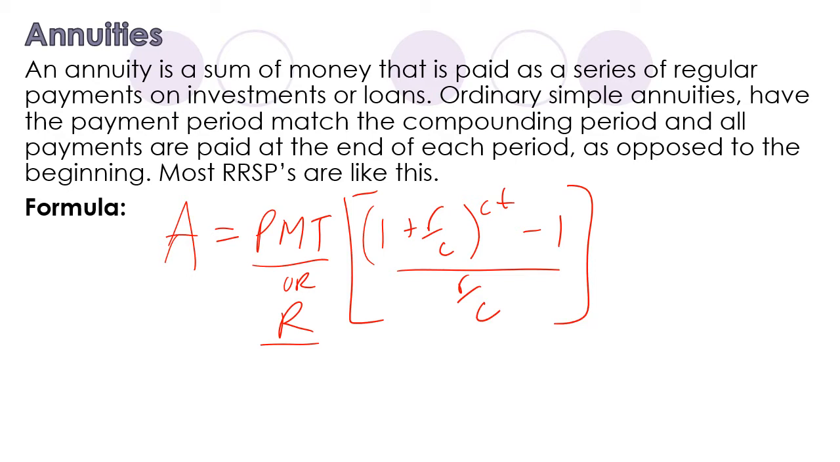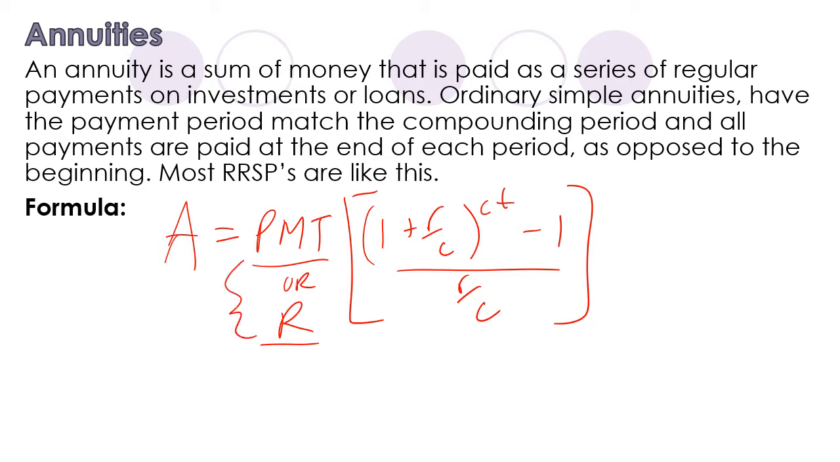Whoa. That's pretty crazy looking, right? It's just calculator work, and you just got to make sure you're organized on your calculator. All those letters, we know what they are. A, future value, final amount. The number 1. R, the small r, interest rate. C, compound period. T, time. The only thing that's new is this PMT, or R value, which just stands for